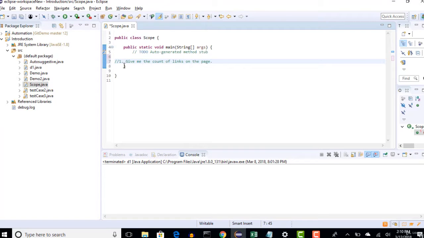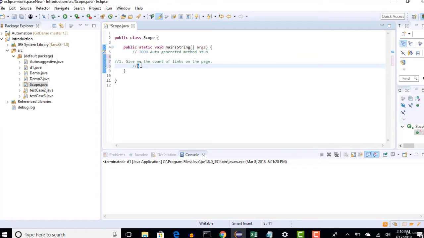First thing you should know is that any link on an HTML web page will have a tag called A. A stands for anchor. So if it is a link on the page, for 100% that link should have a tag with the name A, which is an anchor. That's the HTML way of defining it.